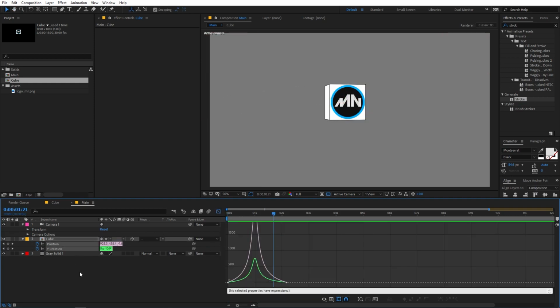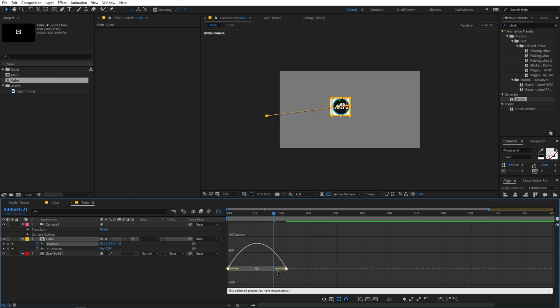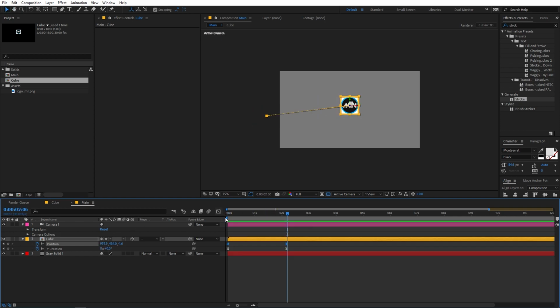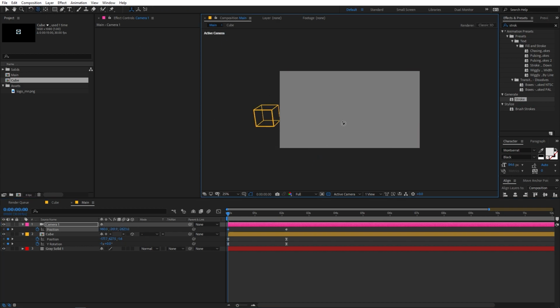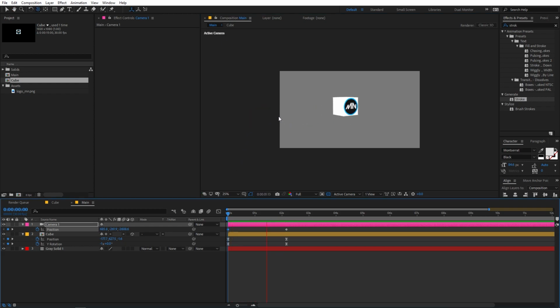Let's select this and I'm going to probably select the position one, and let's press F9, and now I'm going to change it to something like this. So there you go, now we have our really nice animation. Now let's add some camera animation to this as well. So I'm going to select the camera, press P for position, and in the beginning we can probably select it and move it something like this. So now you can see that we have this really nice movement in the camera as well. You can probably select this, press F9. So there you go. Now let's create a really nice shadow for this.